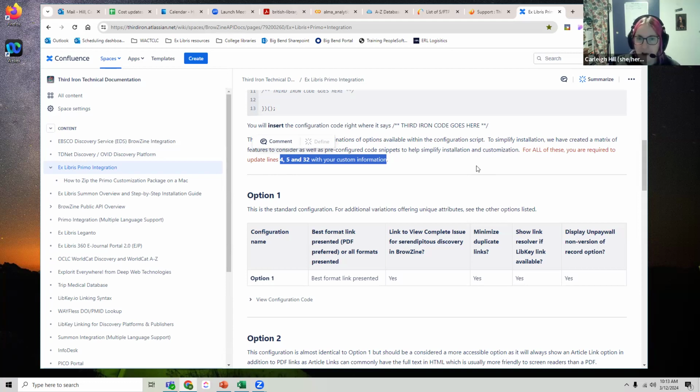generic library email for Unpaywall, because if that's going to be a functional part of how Third Iron works, Unpaywall requires that the call request be attached to an email. So most people are just using a circ email or a librarian email, because it doesn't really matter. It does not have to be associated with an existing Unpaywall account, but you have to